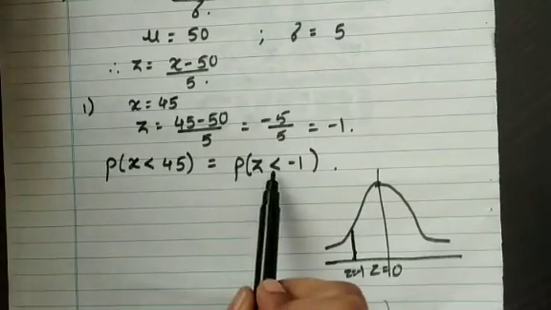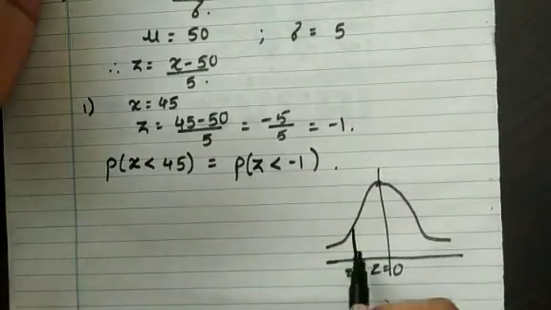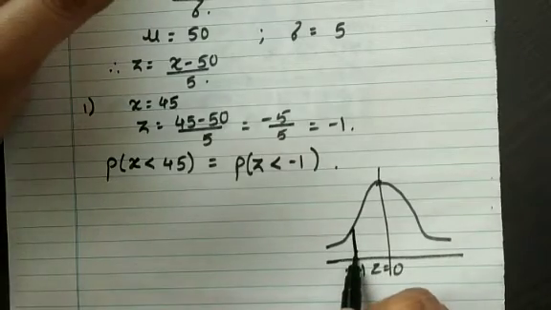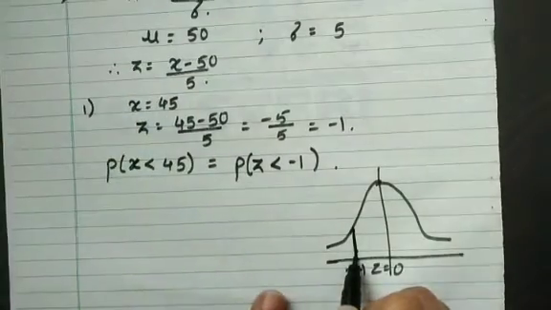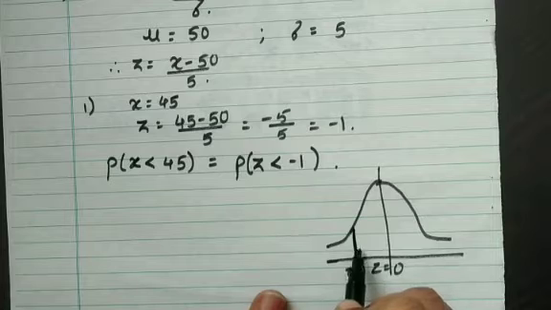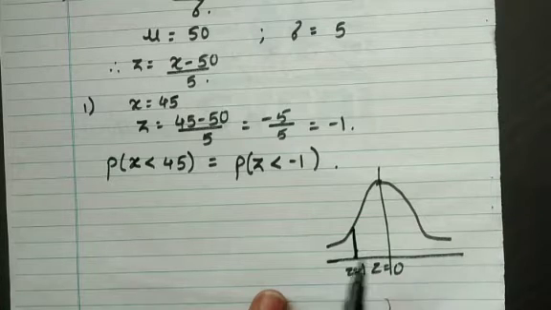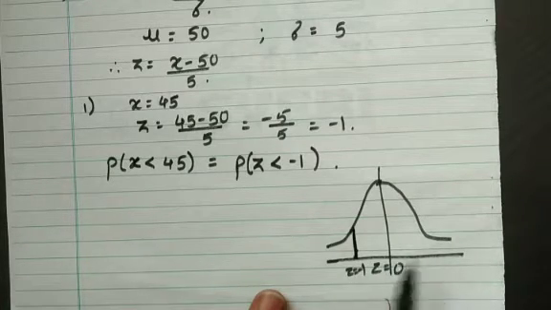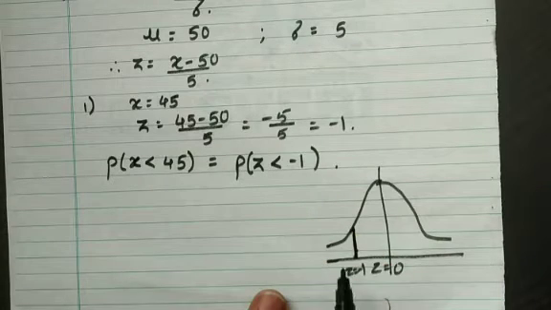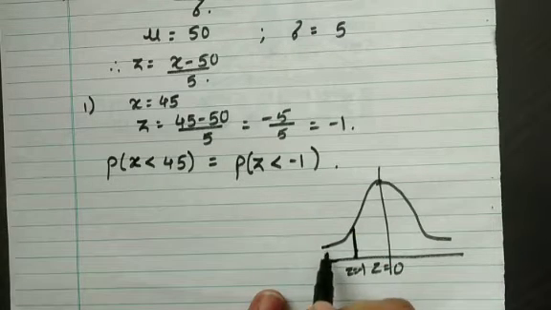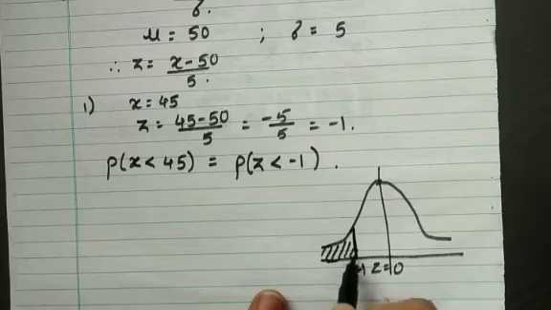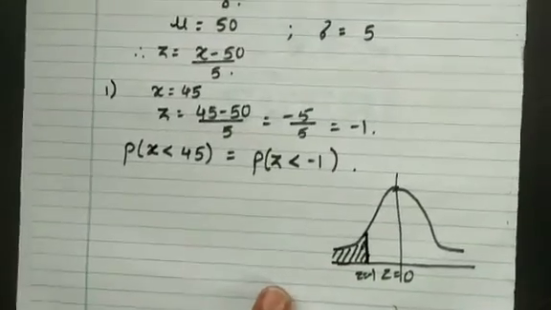So our condition is less than minus 1. z is minus 1 is here, and the area where z is less than minus 1: on this side z is getting bigger. So if it is less than minus 1, meaning below minus 1, the area is on this side. This is the required area.